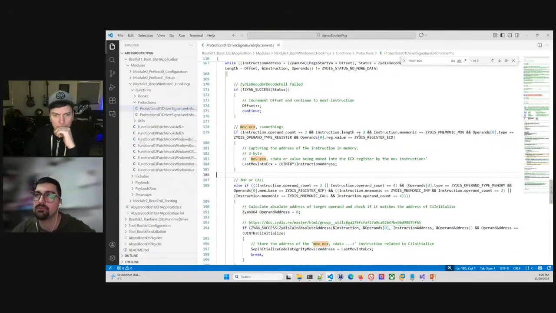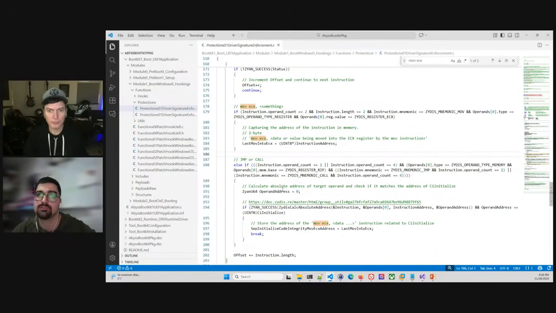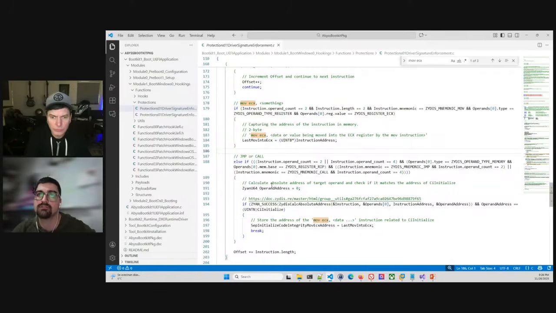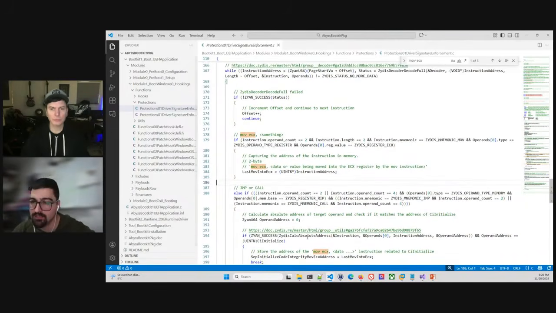Wait, give me a moment. I want to see the if else, then the else jumper call. Through the hours of terror and initialize stores the address of move instruction related to C initialize. Okay, and then the question is how does modifying the move ECX value instructions related to CI.dll's internal state in early boot,